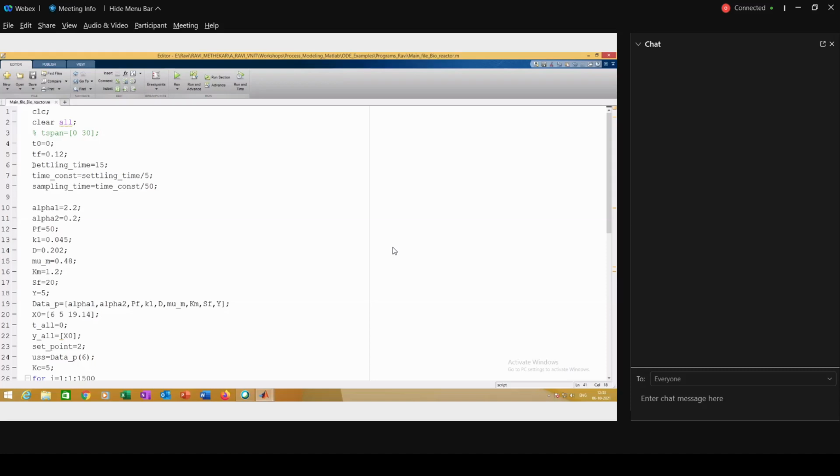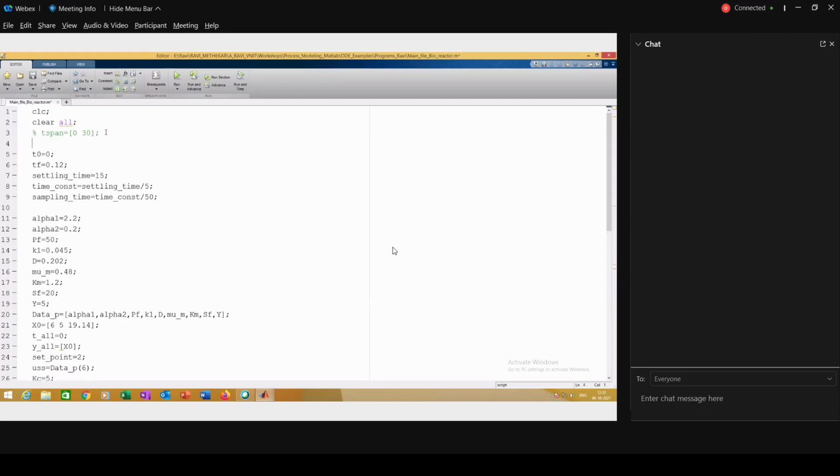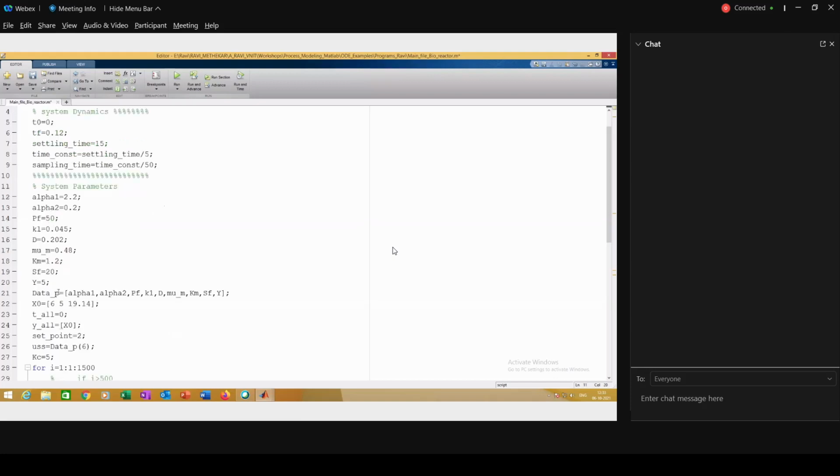This information we got from the system dynamics. You know how I found out this system dynamics. Then this is for system parameters, which will be given to you for every system.